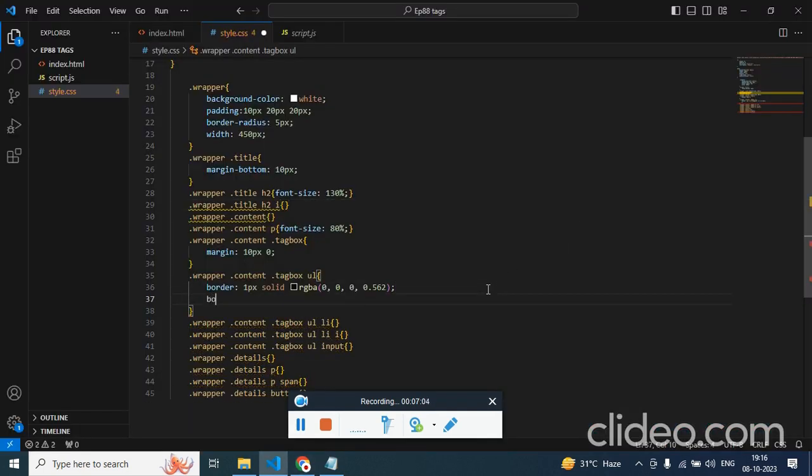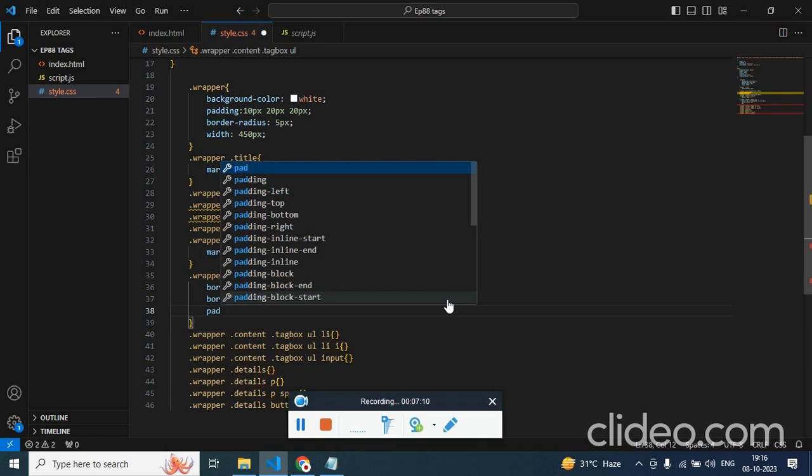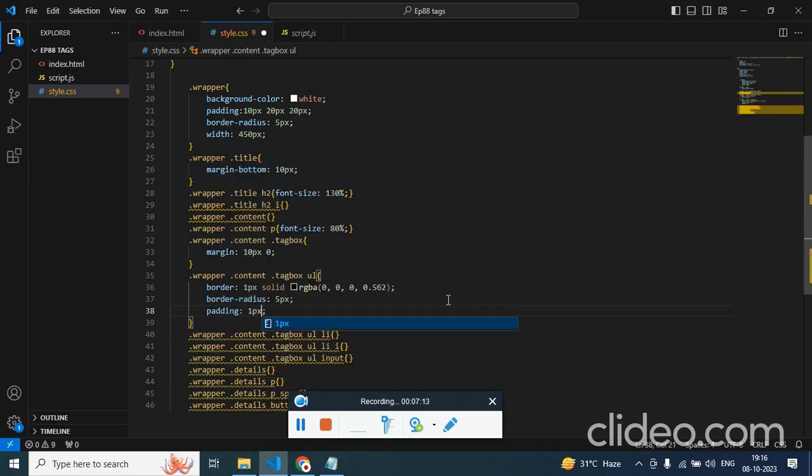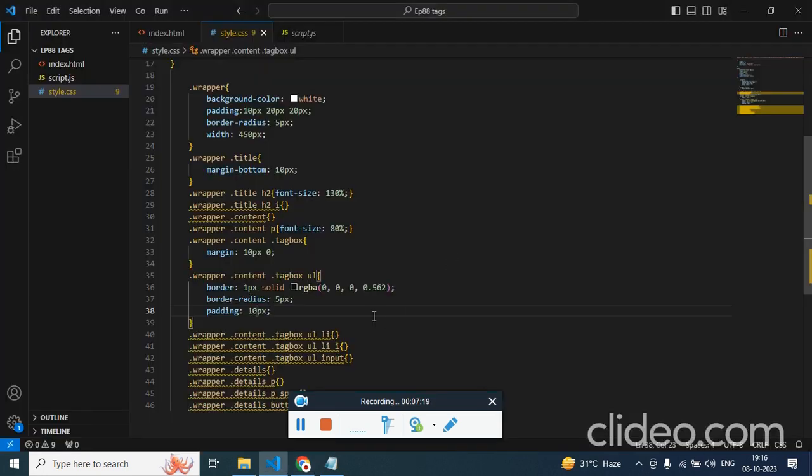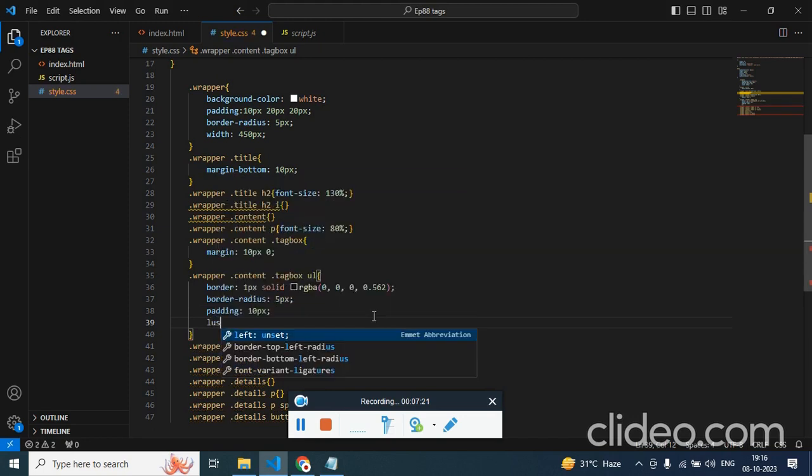And of course we can have border radius, and we can have padding for the list item 10 pixel. 10 pixel would be too big, but that's not the issue. And let's just remove the bullet point. So list style none,